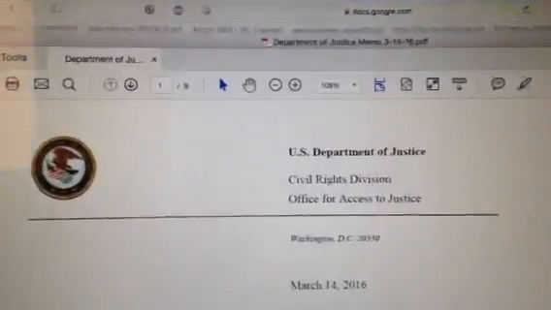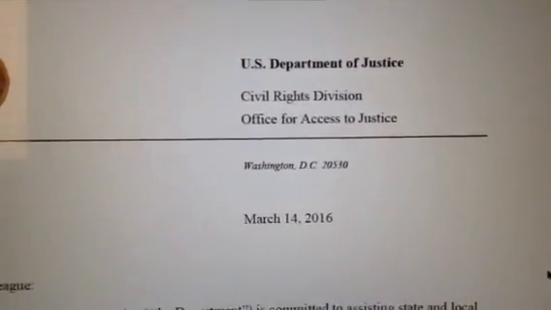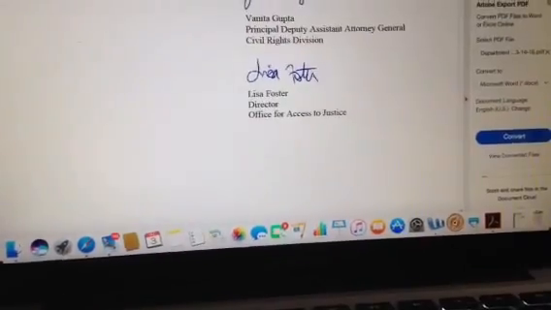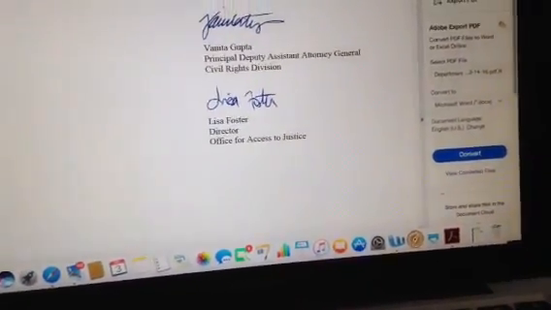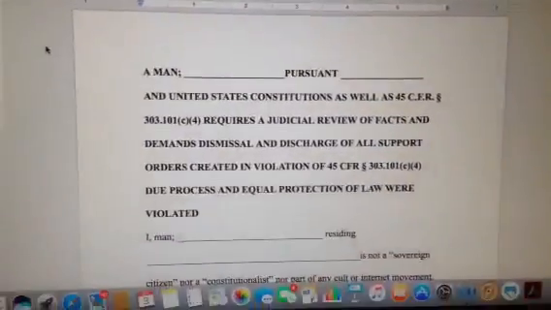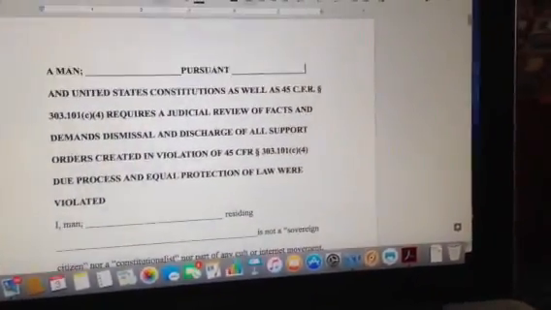All right, we got the Department of Justice memo. You're going to add that as well. It doesn't matter which way you do it. On the bottom of this, you're going to write Exhibit A or B or C. You're going to be submitting 3 exhibits, because we're referencing that memo. So anytime you reference something, you want to provide it as evidence. Okay, and it also screws them up.